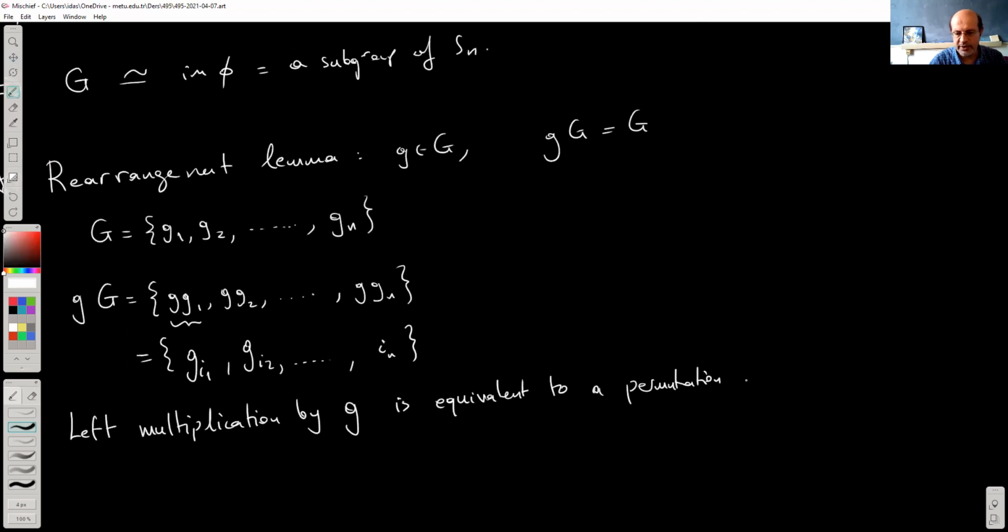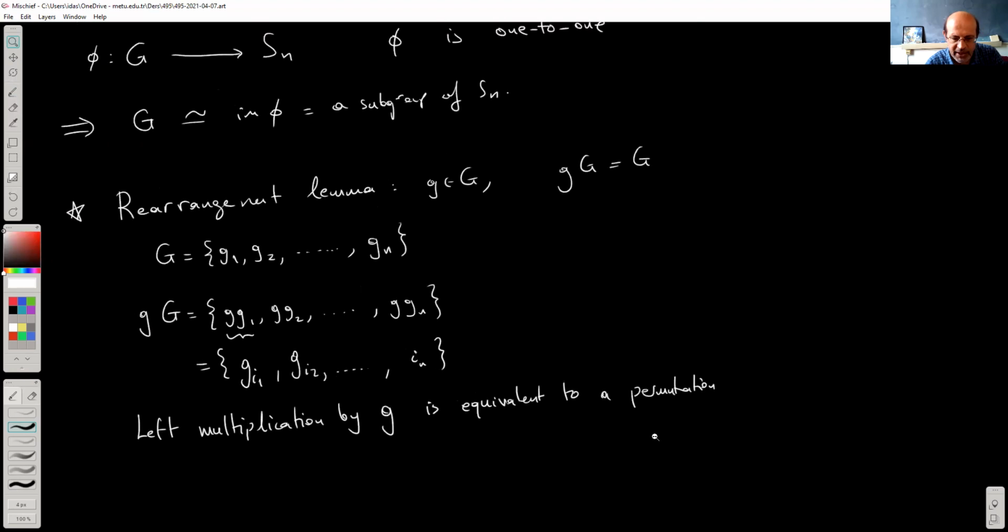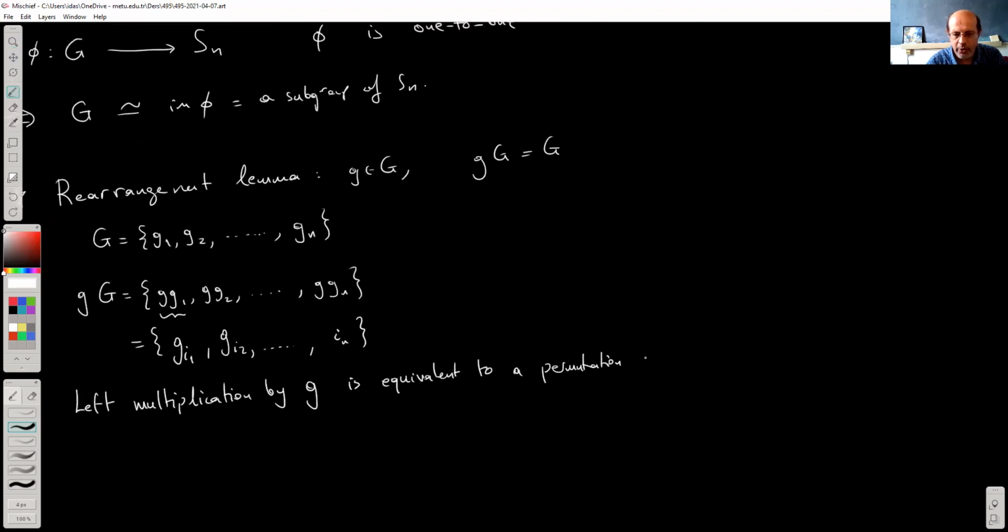I'm just going to write down the, sorry about this. I'm going to make it a little bit smaller so that the whole thing is on the screen. So this is the permutation